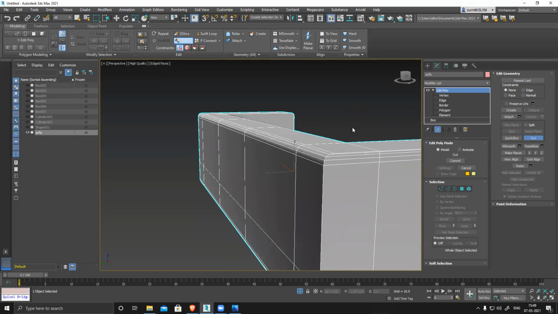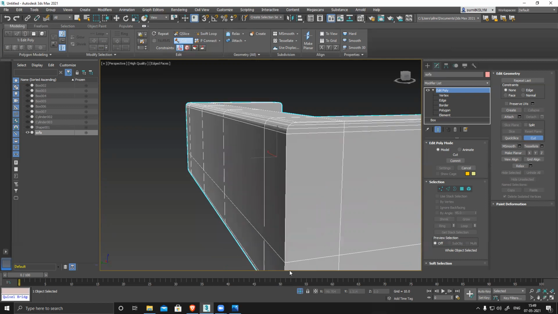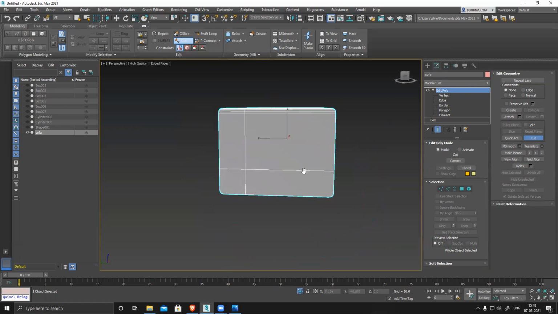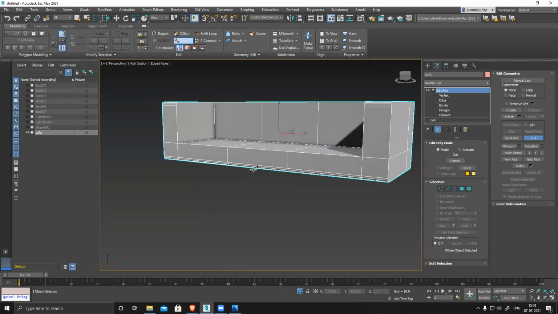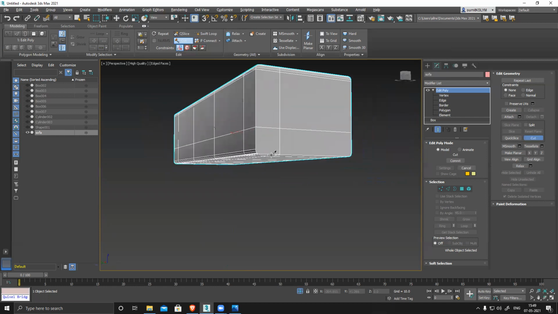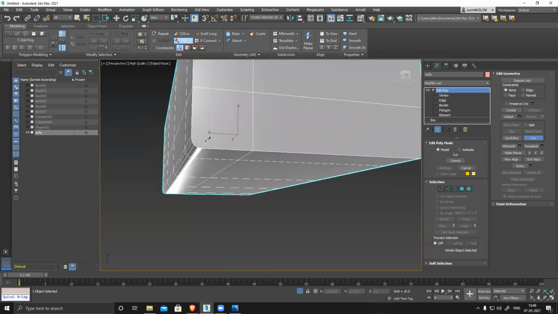Because we're creating a mid poly model, that's why I'm not reducing it. If it's a low poly model, I'll triangulate it and correct it here and reduce all these polygons. Exact same thing I'll do again.